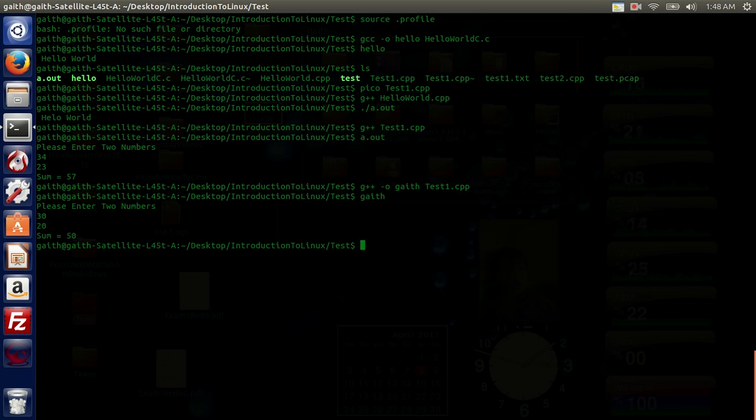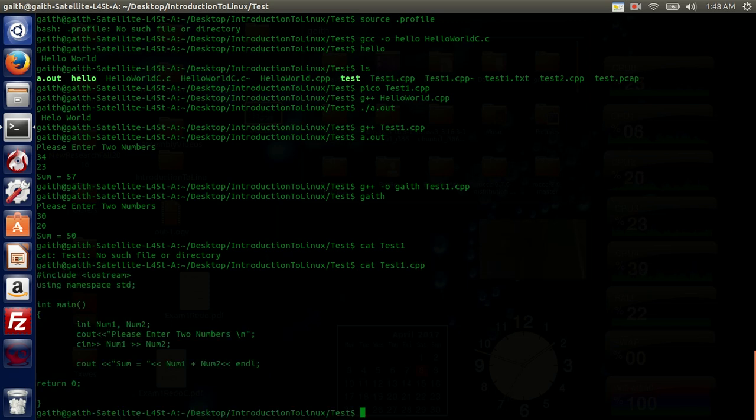Now I want to do, to see the code of a file, not open an editor, I can do cat test1. No file or directory because I didn't add the .cpp, and here's the code. Didn't open it, it just showed me what's inside that file. That's the cat command, cat, and the name of the file. You want to see what's in it. Now let's do clear again,